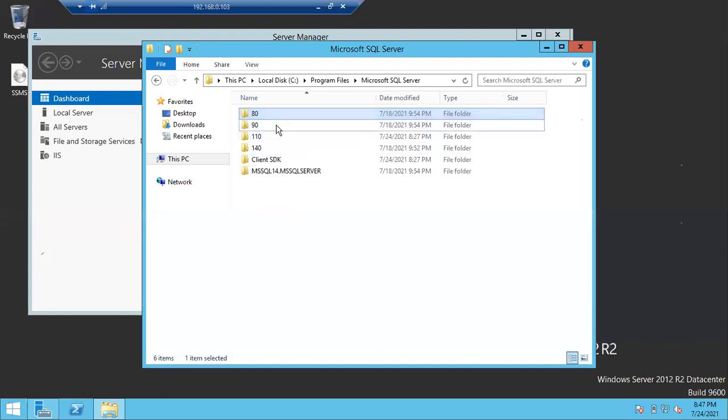If you see 90, don't imagine SQL Server 2005 is installed. No. Whenever you install a higher version, by default you will get these folders: the 80 folder, 90 folder, 110 folder. So don't imagine SQL Server 2000, 2005 or 2012 is installed just by looking at these folders.